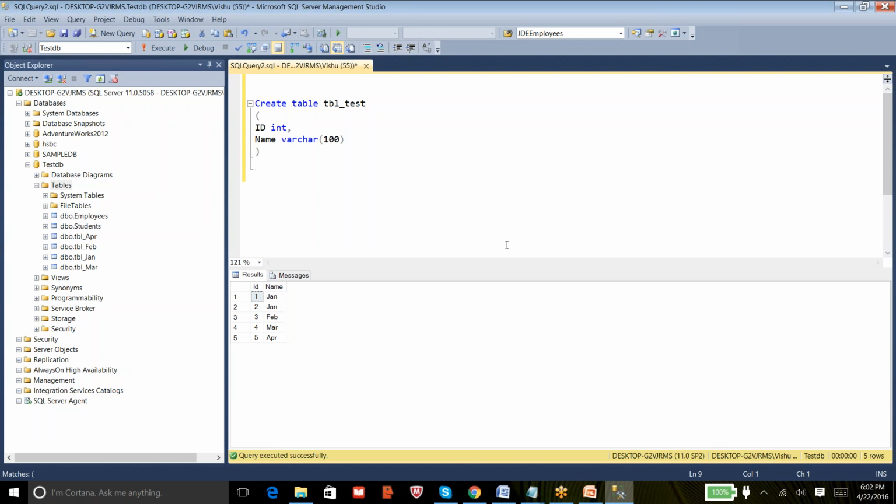Once I create the table, I insert data in this table. Then I provide a GO statement between them so that once the upper statement completes, it continues with the next statement sequentially. After that, I will try to update the data.